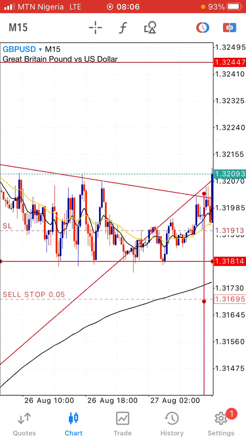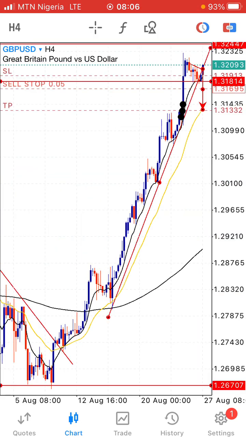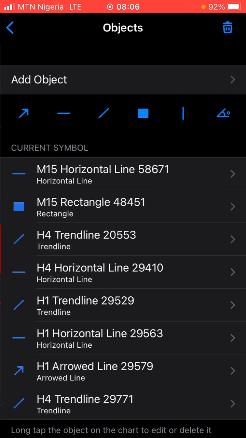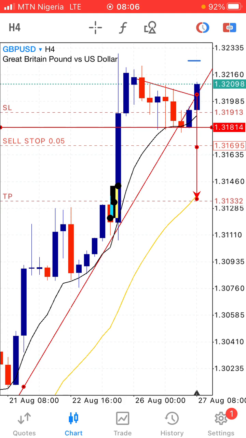Now I've already drawn this. Let's go back to a 4 hours time frame. Sorry. You could see this. It broke the trend line, came back. Let it break this height, then I'll know the trend wants to continue. Let's see. Let it break this high. Break this high, then I know the trend wants to continue.